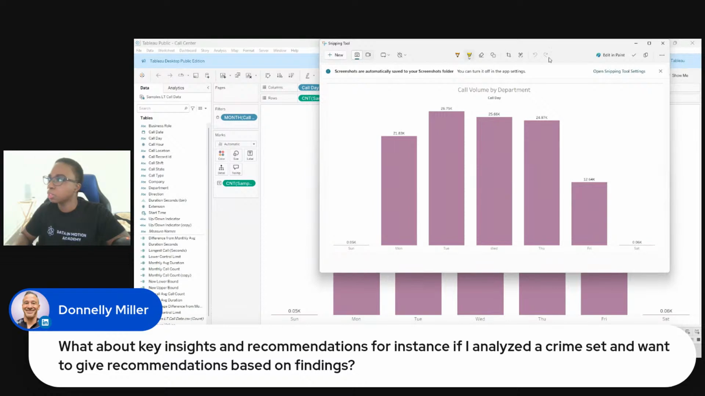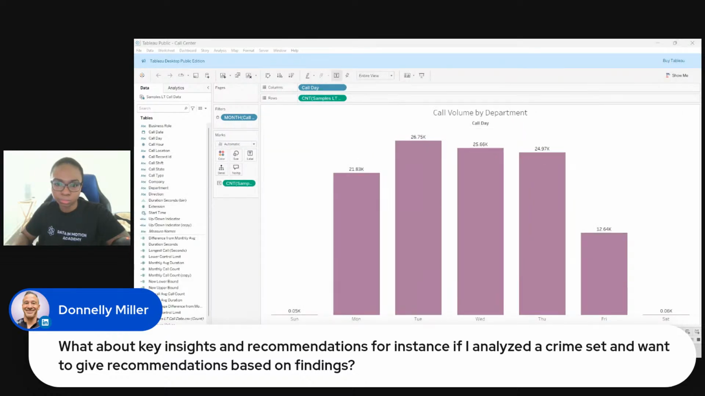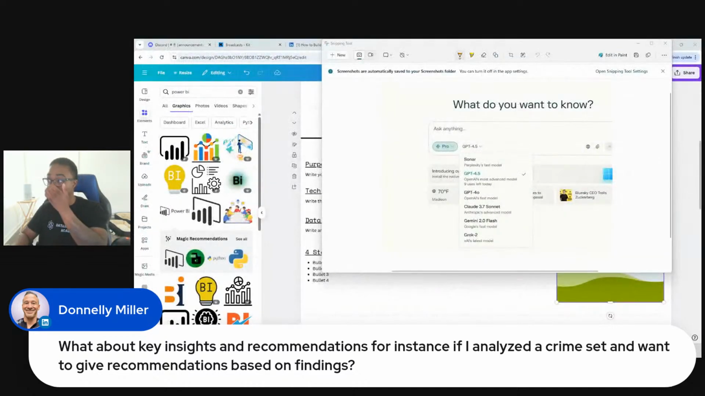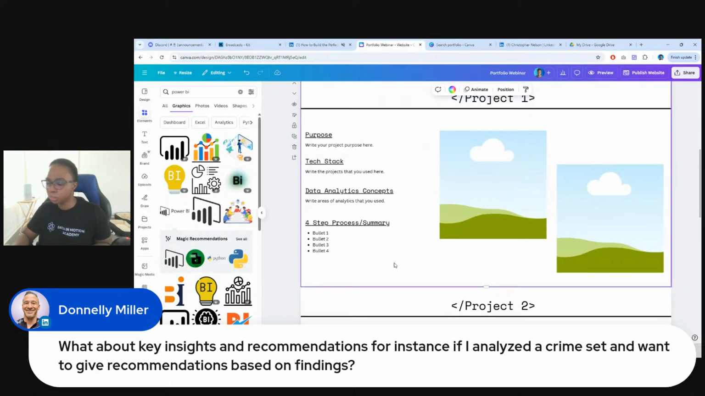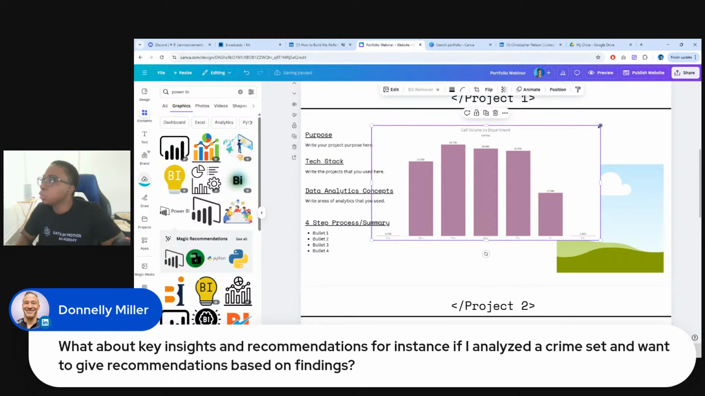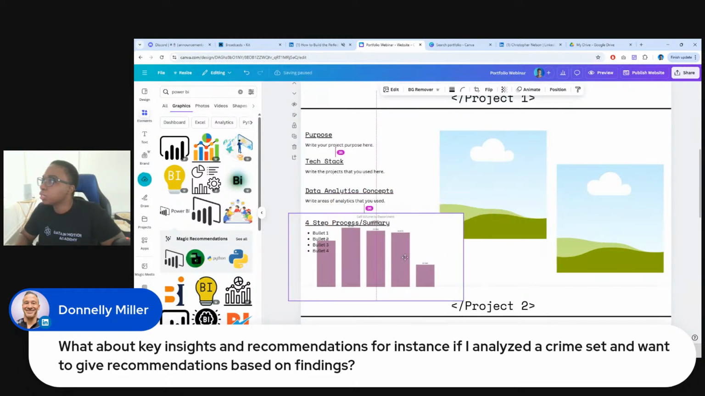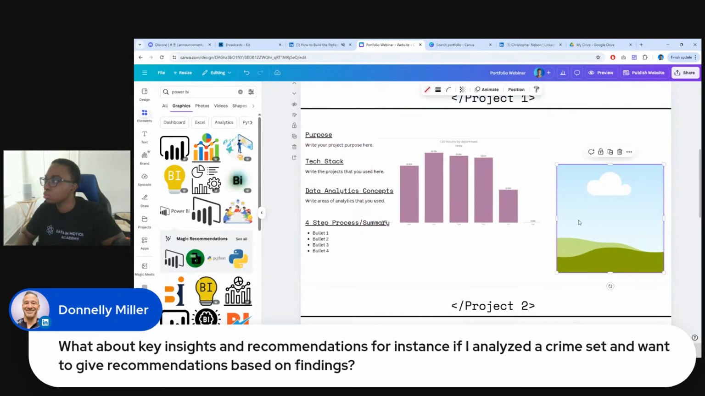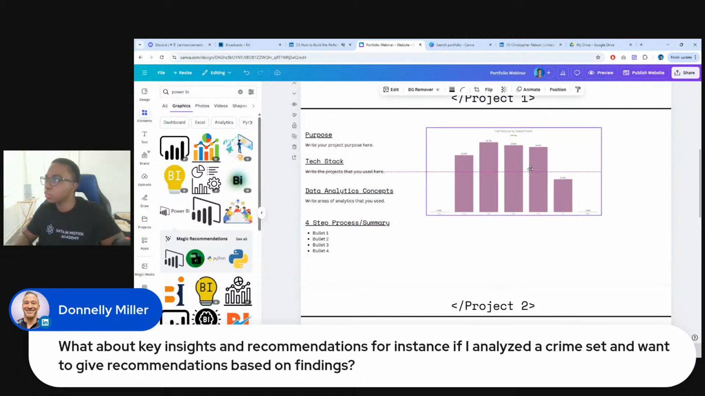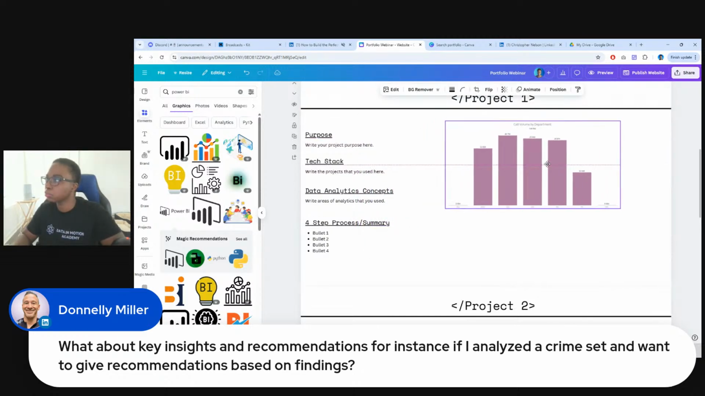I'm going to take that. I'm just going to copy it. I don't have to save it. And then let's say I want to paste it somewhere. I actually don't have to replace it with these images, but let's say I want to post it in here as an insight. I can do that and then